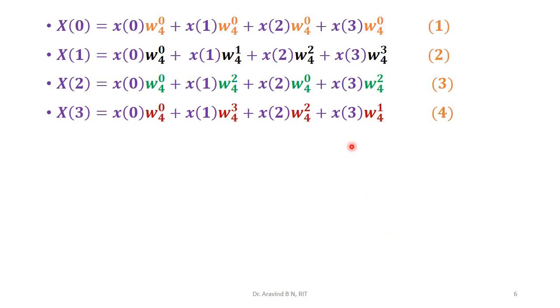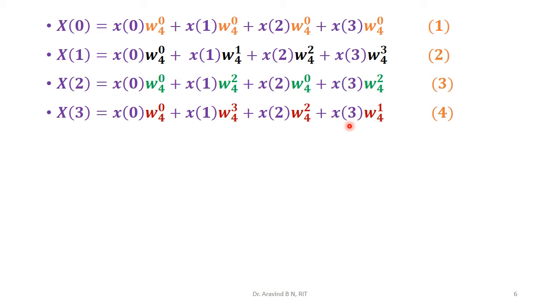Now we are going to have the equations, equation 1 to 4. In these equations, what we can observe is, on the right hand side, the x of 0, x of 1, x of 2, x of 3 all have common representations in the common positions. You can just observe this column. x of 0, its position is not being altered in any of the four expressions. Like that, x of 1 same, x of 2 same, x of 3 the same.